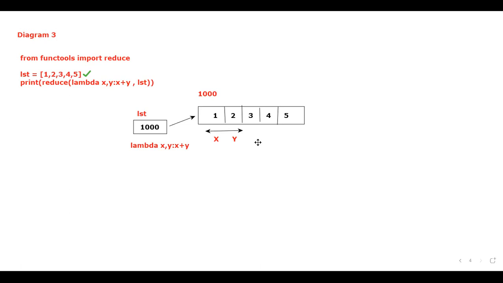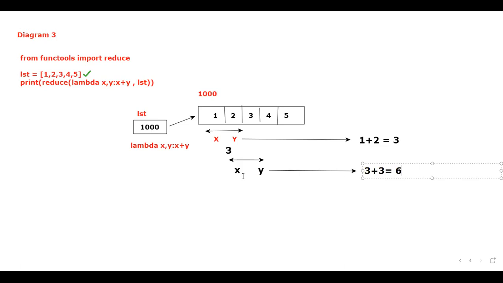Correct, right? Now tell me again. It will take these two data. Now tell me what is 3 plus 3? Guys, I want you to tell the answer. In this case, x plus y means what? 1 plus 2. That's the reason I got 3. In this case, please tell me the answer. See here, x and y I'll take. 3 plus 3 is what? 6. That is what the output that I got.